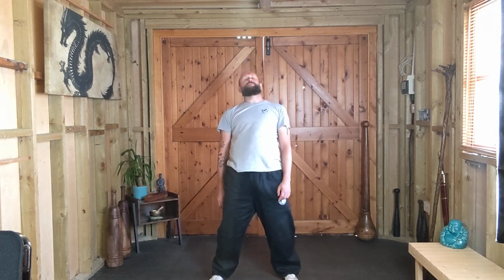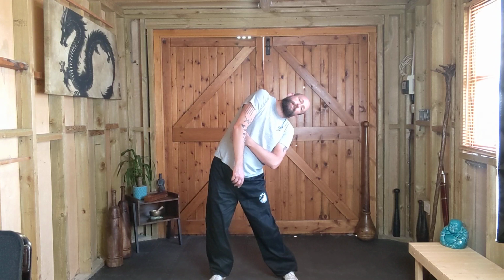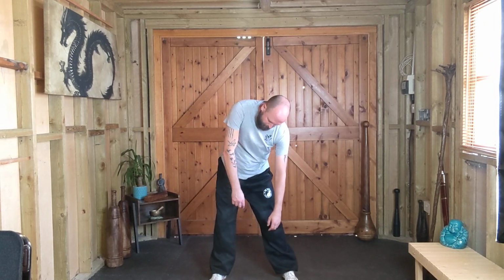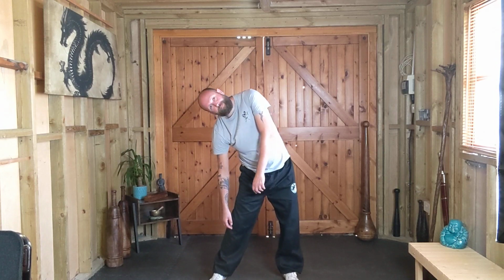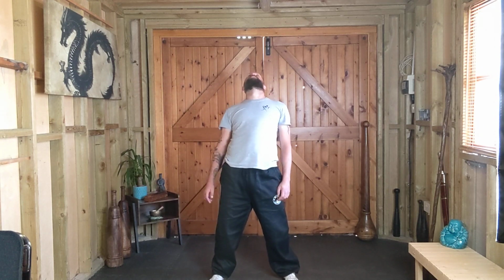Then tilt the pelvis forward. Lean back, head up. Tilt the pelvis right. So the side is stretching and then everything else relaxed, leaning to the side. And then back. Lean forwards. Left again. Forwards, leaning back,